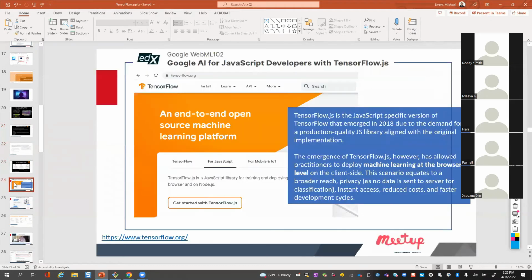With that said, what is TensorFlow.js? TensorFlow.js is the JavaScript specific version of TensorFlow, the one that you use Python for, right? That emerged in 2018 due to the demand for a production quality JS library aligned with original implementation. So what happened was, before 2008, Flash was really big, and some of you guys may know about Flash or not. It was an Adobe product. Then 2008, Google created its V8 engine, which made JavaScript run at C speeds on the web.